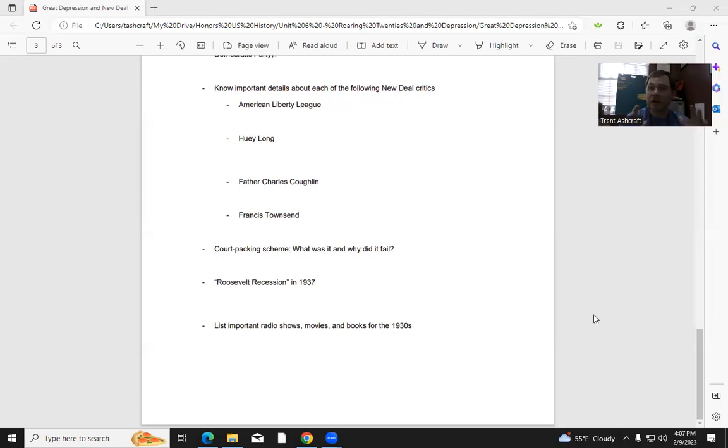The New Deal was helping people. The New Deal is putting people to work. The New Deal is building dams and schools, and it's doing a lot. But the economy still had problems, and that can be seen by the fact that once government spending was cut, things get worse again. It's a depressing time, the 1930s, and that's why escapist entertainment,